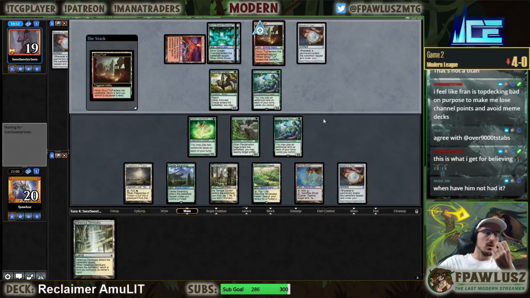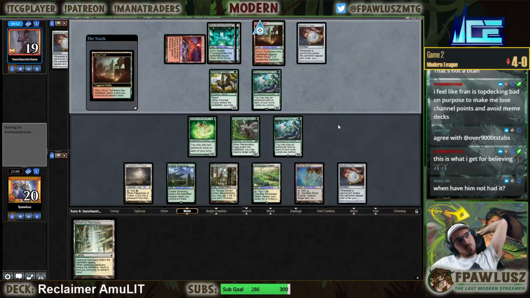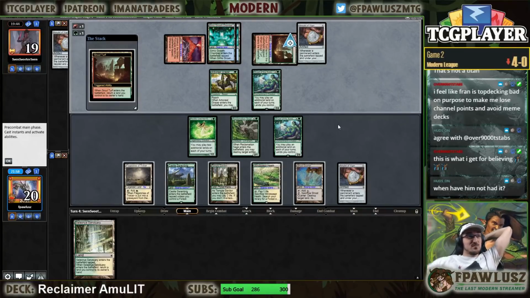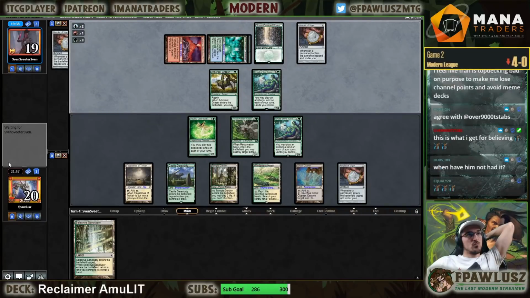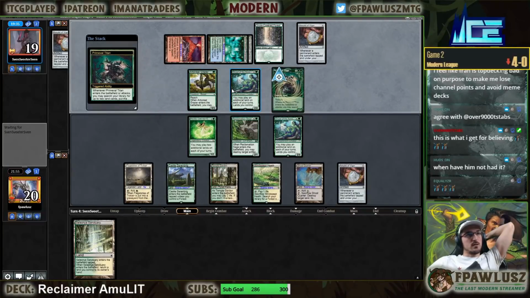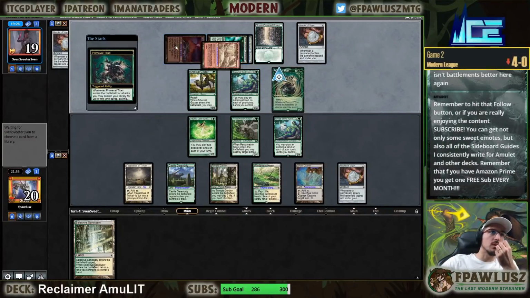So now we just have to force my opponent to use both of their land drops, and then we can use Ghost Quarter to blow up the battlements, so at least my opponent doesn't haste. They're gonna get to kill my Titan, but maybe if I top deck my own Titan, I get to stay in this game. Unclear. Yeah, can't kill the Valakut. Isn't Battlements better here again? It doesn't change anything. It does allow them to get a Valakut, but...